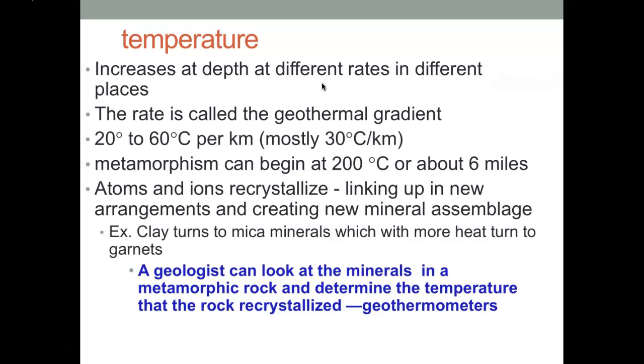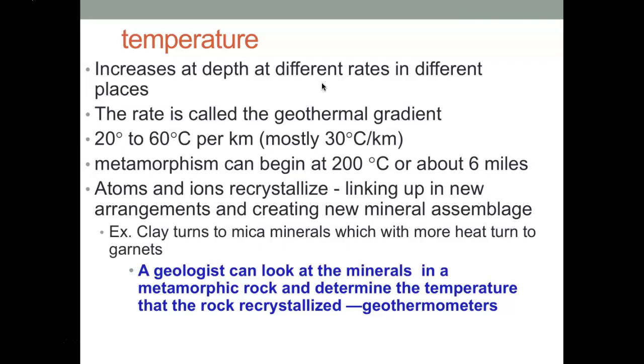degrees Celsius. During metamorphism, the atoms and the ions are going to recrystallize to get to that new equilibrium at that new pressure and temperature. During that, some different things are going to occur. Maybe new minerals are going to grow, or maybe new textures are going to grow. An example that happens pretty commonly in metamorphic rocks is that clays are going to turn into mica minerals like